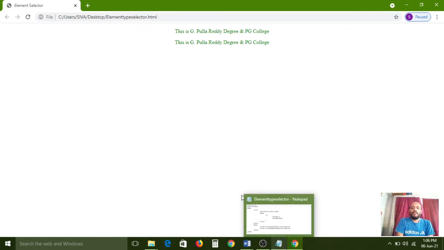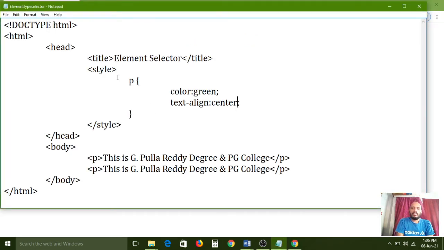So if you write the CSS style in between the style tag in the head section, all paragraphs can adopt these properties. How many times did I use it? 2 times I used it here, so 2 times it can adopt these properties. Even if you use the paragraph tag 100 times, it can collect this information and execute it while executing.